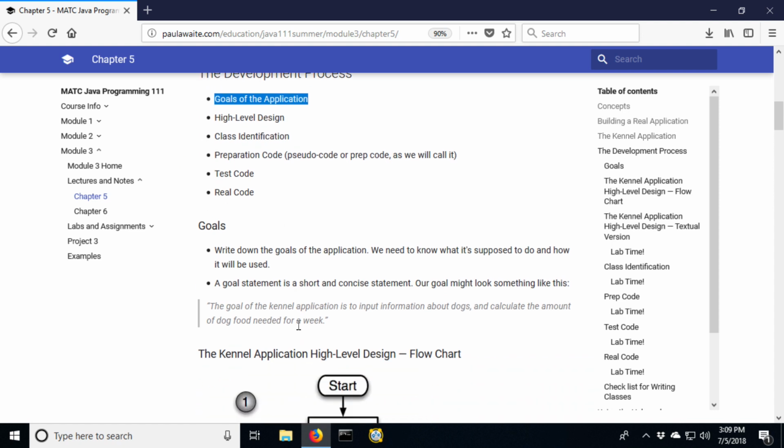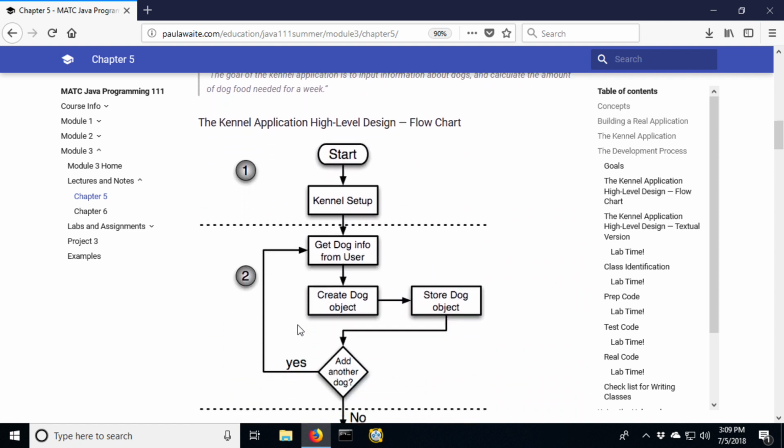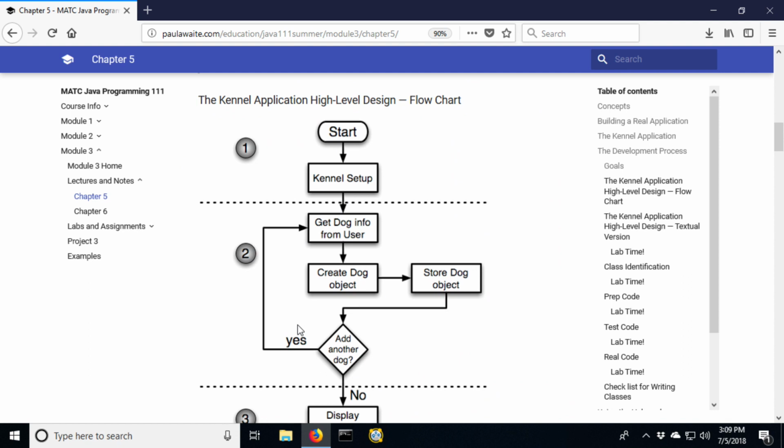So our next step, to help communicate with maybe our own developers or maybe back to the client, is to come up with a high-level design in one of two forms, either a flowchart or an outline that defines the big steps. What are the big things that are going to need to happen? That helps you confirm that, yep, I'm on the right track. I have the big picture correct. So let's take a look at that.